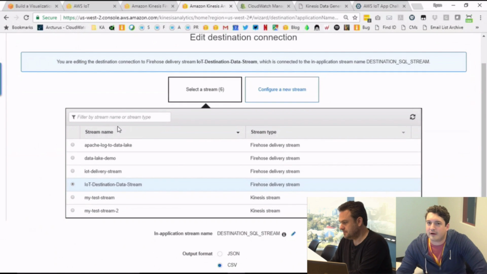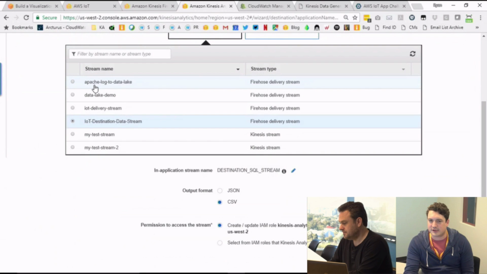So I already found the issue. When you go to this destination page, you're going to choose either a Firehose or a Kinesis stream to deliver the processed data to. You're then going to choose an in-application stream name. Remember I talked about the streams that you create that are like in-memory objects where you insert processed data.